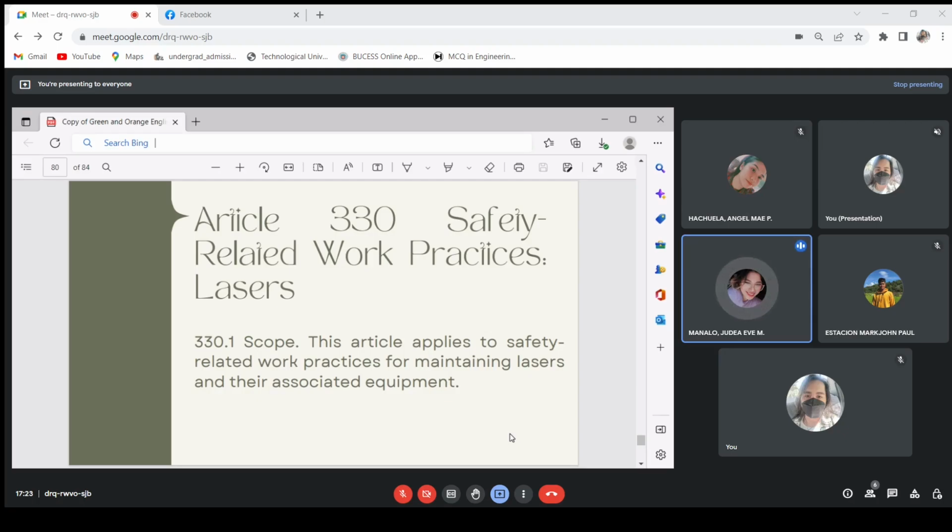So Article 330, which is the safety-related work practices, is all about lasers. This article applies to safety-related work practices for maintaining lasers and their associated equipment, such as laser energy source, laser radiation, and laser systems. Especially, tinatakal din dito yung voltage and current and all of the stored energy in our workplace. And ayun nga, kailangan pa din dito ng special training since